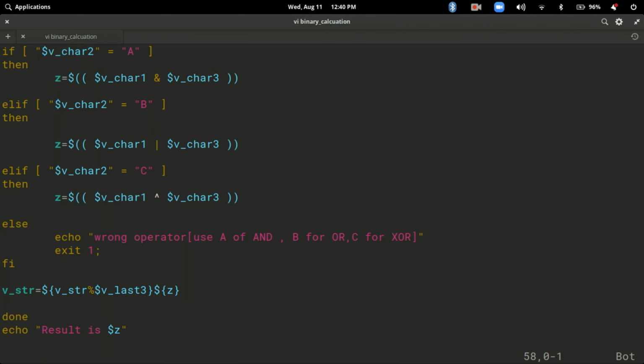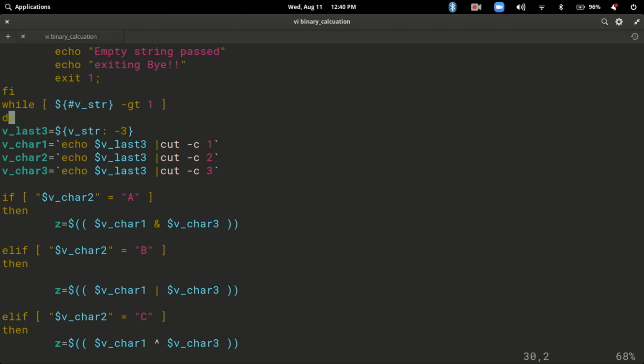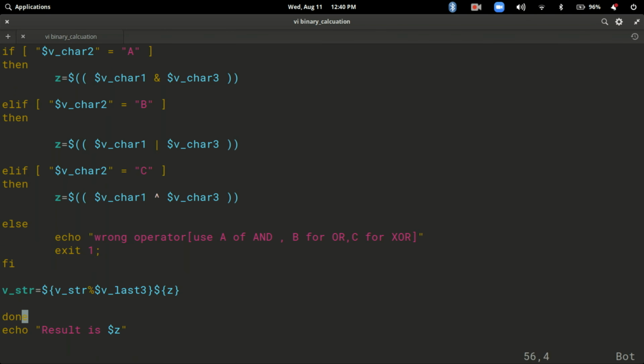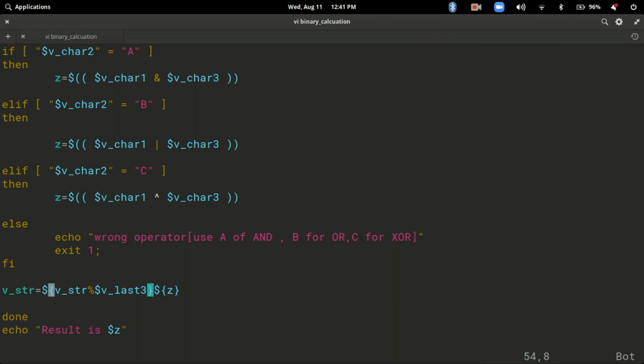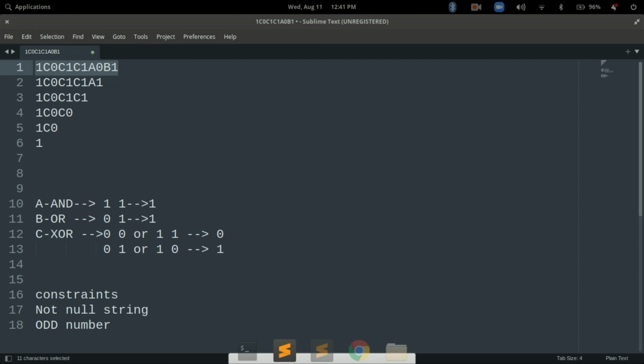Then moving ahead, next, in the same loop, it has not yet gone to the next iteration. From the original string, the first string when the script started, I already got the value of Z based on the last 3 characters. Now, from that V string, I am removing the last 3 characters.